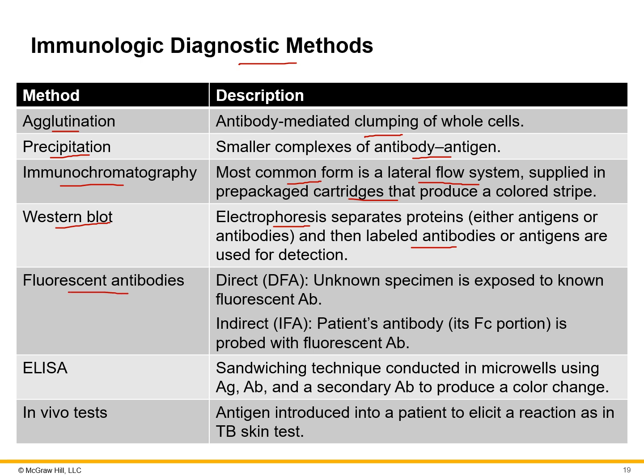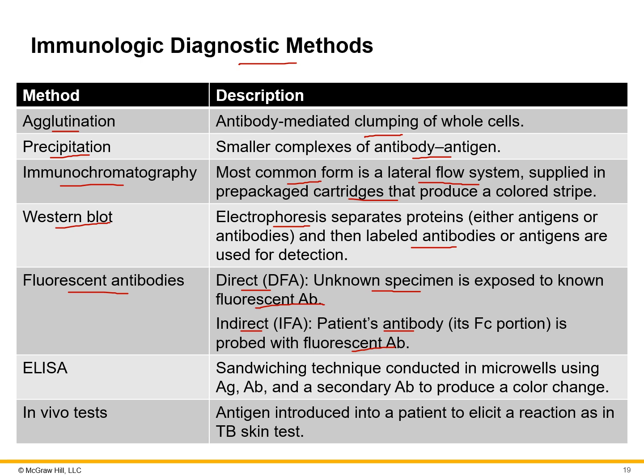We also have fluorescent antibodies. There's direct analysis, where the unknown specimen is exposed to a known antibody, so the antibody would bind if the antigen is present. Or we can have indirect, where the patient's antibody is probed with a fluorescent antibody. So direct is where the fluorescent antibody binds to an antigen. Indirect would be detecting the presence of an antibody in the patient's